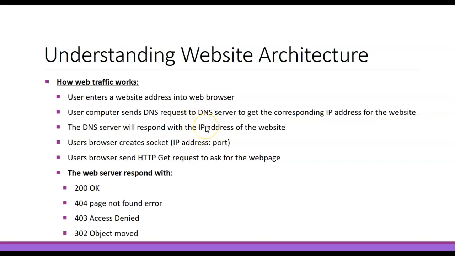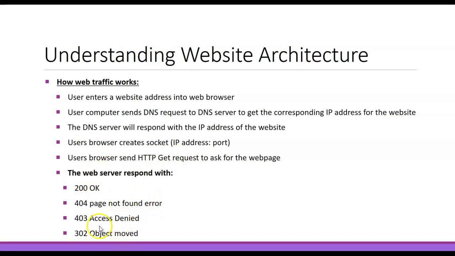So now you have the IP address of the website that you want to visit. You need to create a connection between you as a client and the web server. So you will create something called a socket. A socket is a combination of IP address and port number, like the IP address of Google and then 80 if it is using port 80. Now you have created the connection and the connection is successful. You send an HTTP GET request to the website for the web page you want,